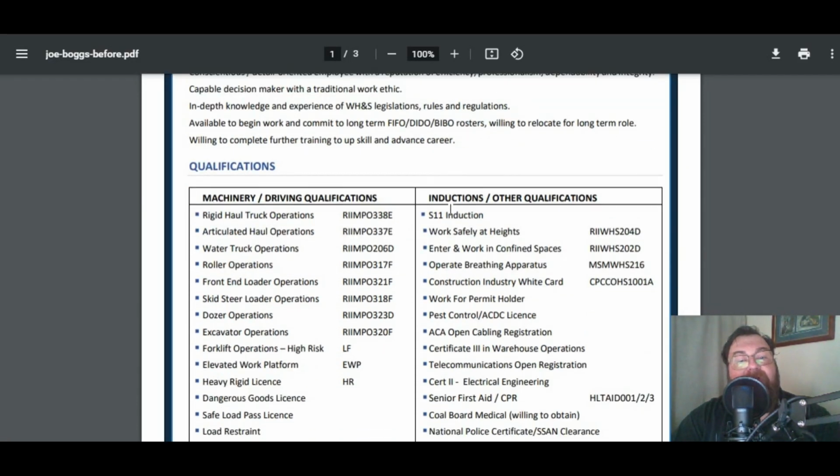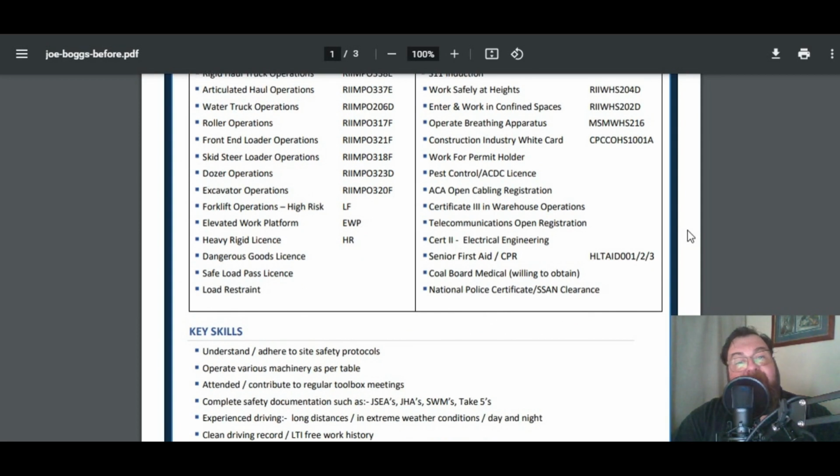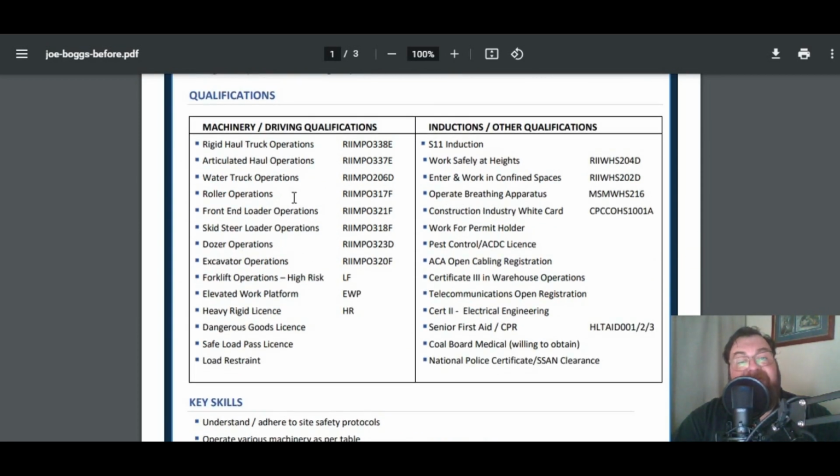And when you have a look at the resume, you've got to remember that the foremans or the project managers, especially for the hard rock underground places, and they're the places that are hiring, they've got roughly 6 seconds to have a look at a resume, especially an entry-level resume, and decide whether it's worth reading more about. Now, when you have a look at this resume, the first thing that sticks out to you is the